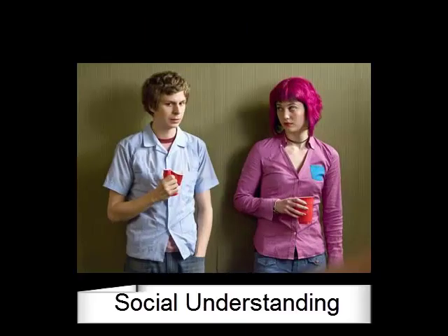Now let's look at social understanding. This means knowing what to do when you're with other people. The children with Asperger's have difficulty understanding social relationships, and they don't understand all the social rules involved in communication and interpersonal relationships. As we grow up, we learn how to behave appropriately in certain situations. For example, we learn not to say things to people like, "you look fat" or "you look old," unless we're deliberately trying to be hurtful.